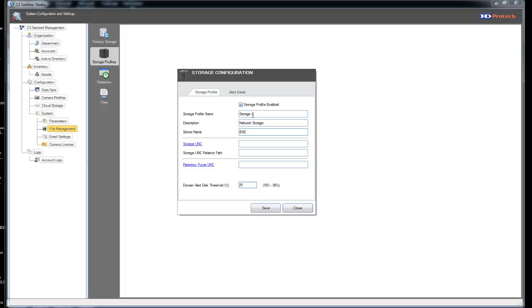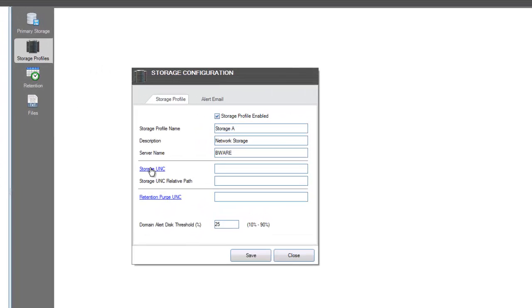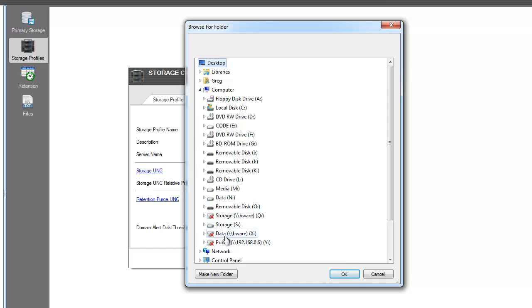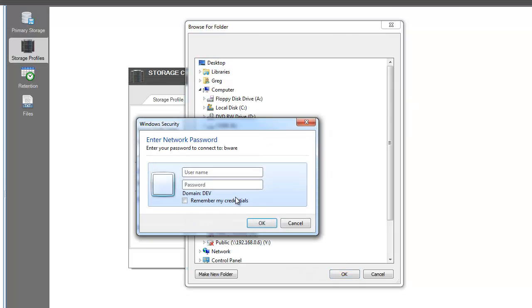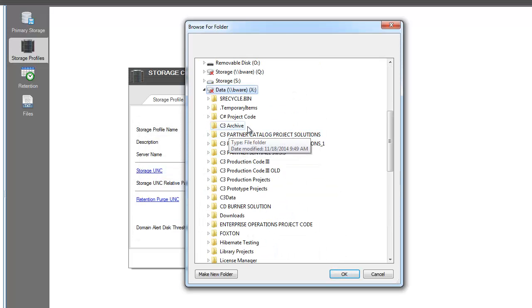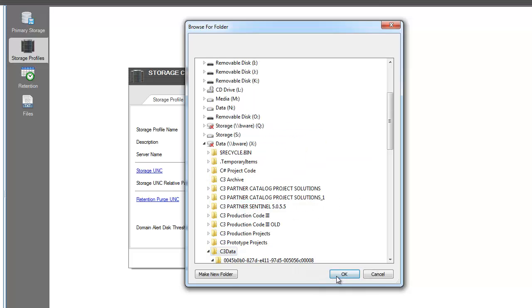Server name happens to be this, and we can go look for that in here. Come down to this storage device. And once I'm logged in, I can go say I want to point it at here,